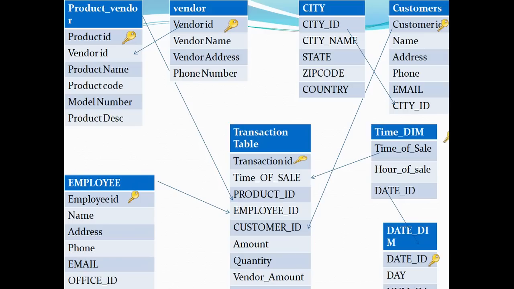At the same time, it improves the data integrity, because now you have to update only one column, or not as many columns as when the data was denormalized. And the challenge here is that if I want to retrieve the details for vendor name ABC, the join complexity has increased, because I'll have to join the vendor table to the product vendor table and then the transaction table.